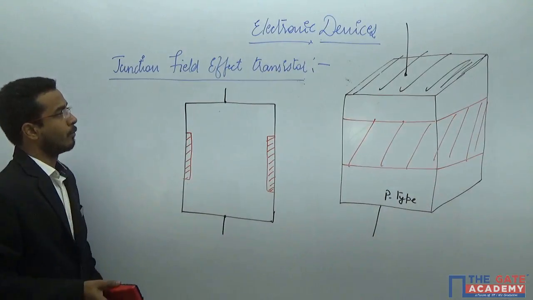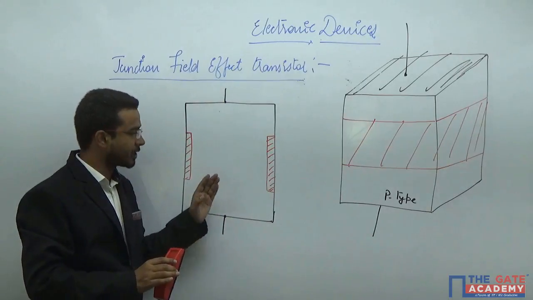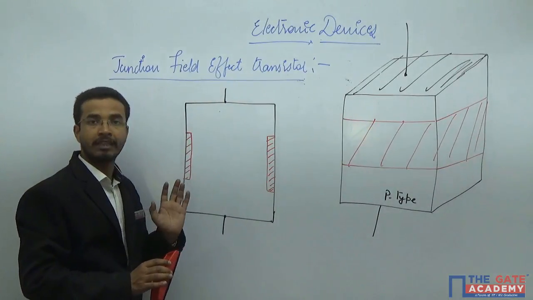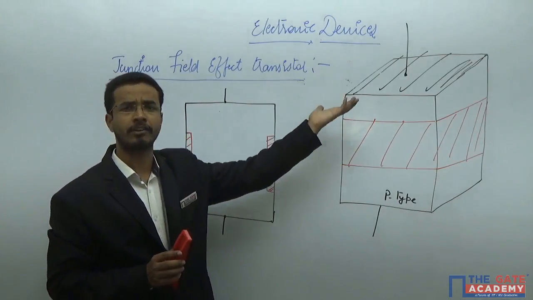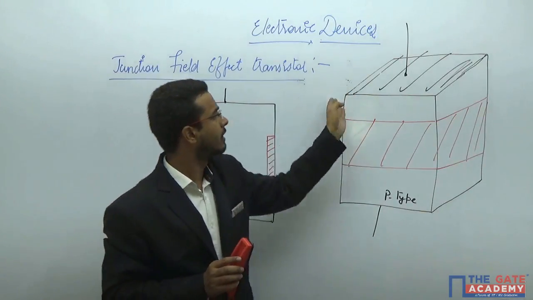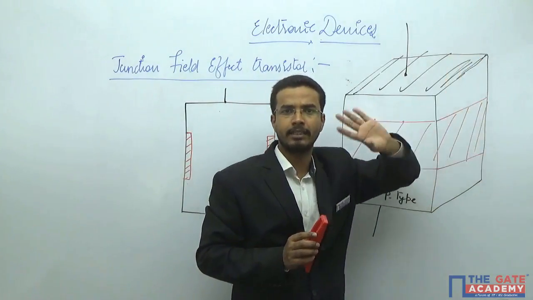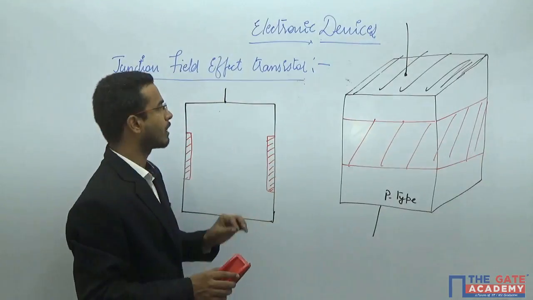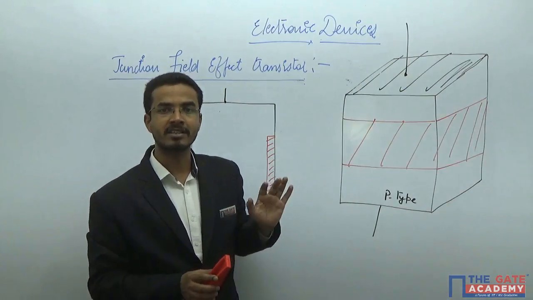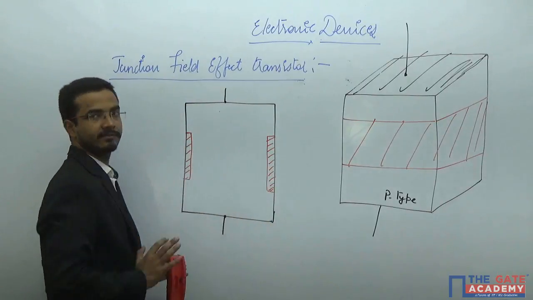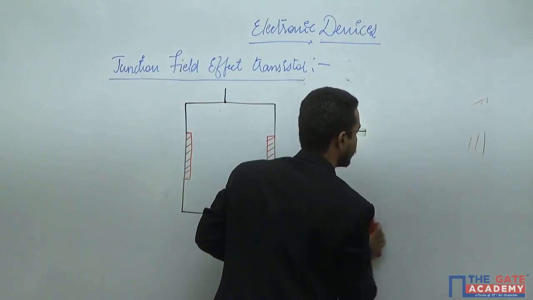So whatever discussion I do now will be purely of this particular thing, not of that. At the last, if you try to calculate the resistance offered by the device, then you will take the length, width, and thickness of the device. And that thing you can do by yourself, because I am not interested in the terminal characteristic of the device. I am interested in what is happening inside the device. Okay, so I will eliminate this particular diagram from here now. And I want to see what is happening inside the